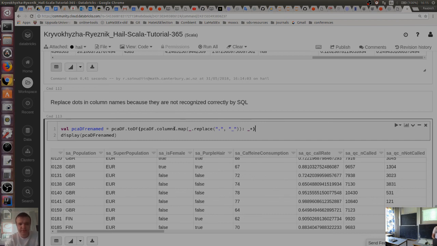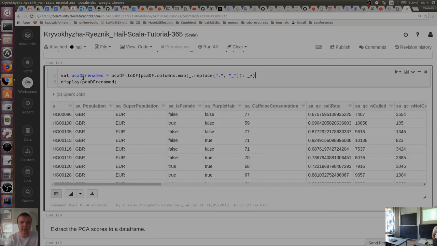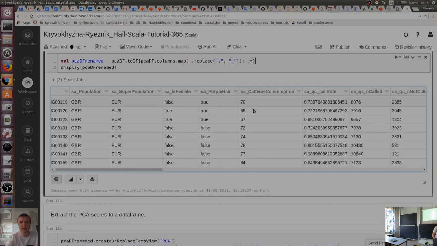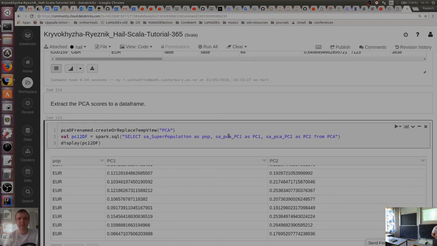It will complain it doesn't recognize it. So what we're going to do here, we just take these columns and replace each dot with underscore. So this will be a new table which has renamed columns, and as you can see in this table, we have underscore for every name instead of a dot. So now we can use this table for SQL extraction. Here the approach is the same as we used before. We just extract